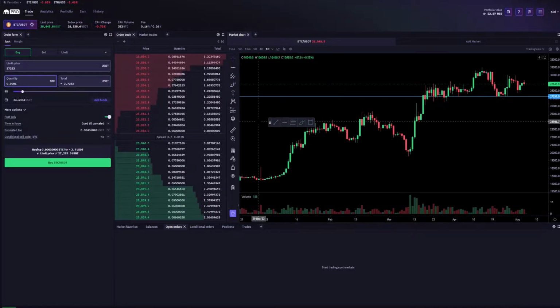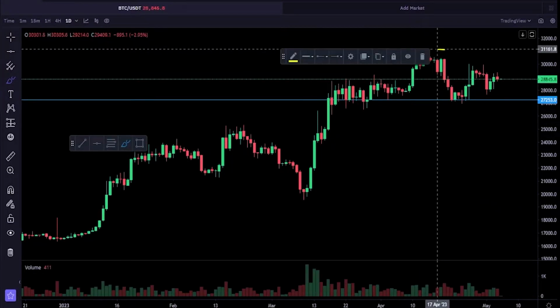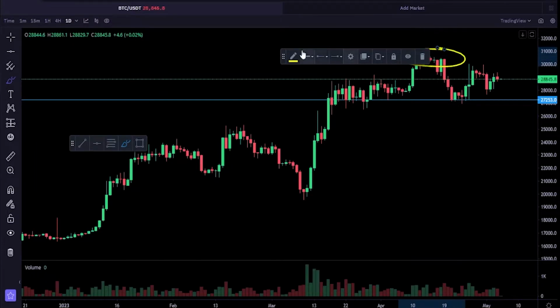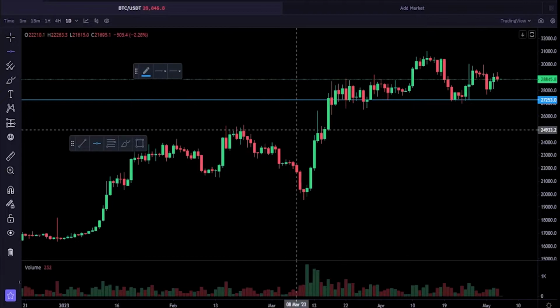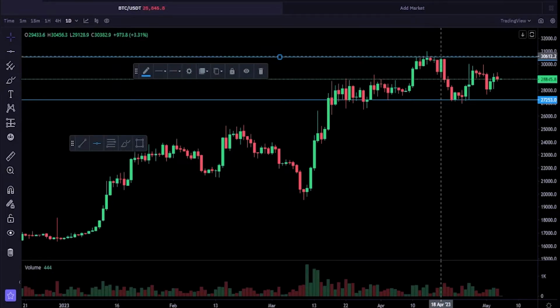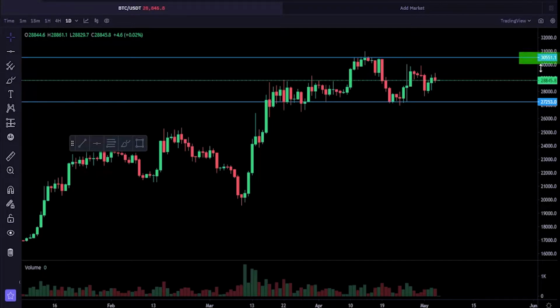Of course, we can use limit orders to sell our crypto as well. So for the purposes of demonstration, let's imagine that we want to sell if the price action gets up somewhere near this pivot point right here. So what I'll do is I'll go ahead and mark that with another horizontal, and I'll do something like this. Good enough for this demonstration. Now we can see that there's a price point correlating to that horizontal on the y-axis of the chart, coming in at